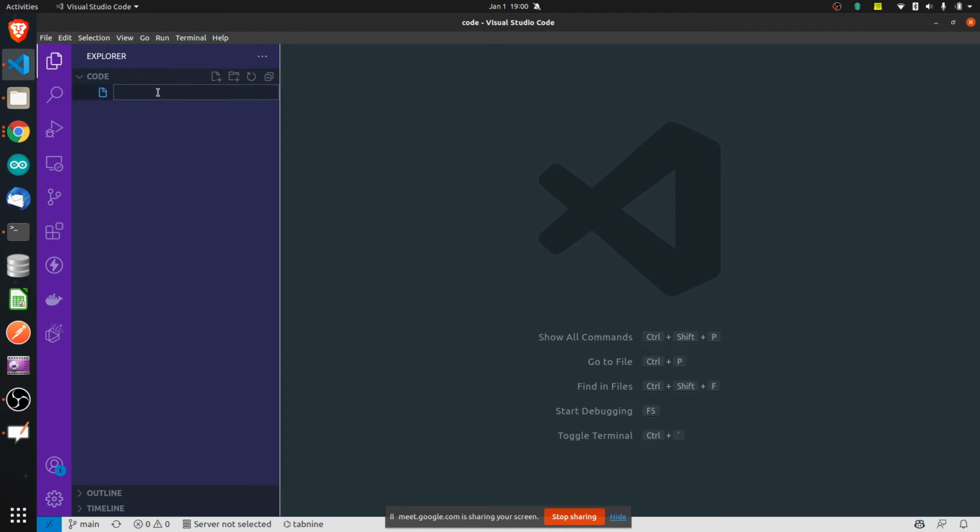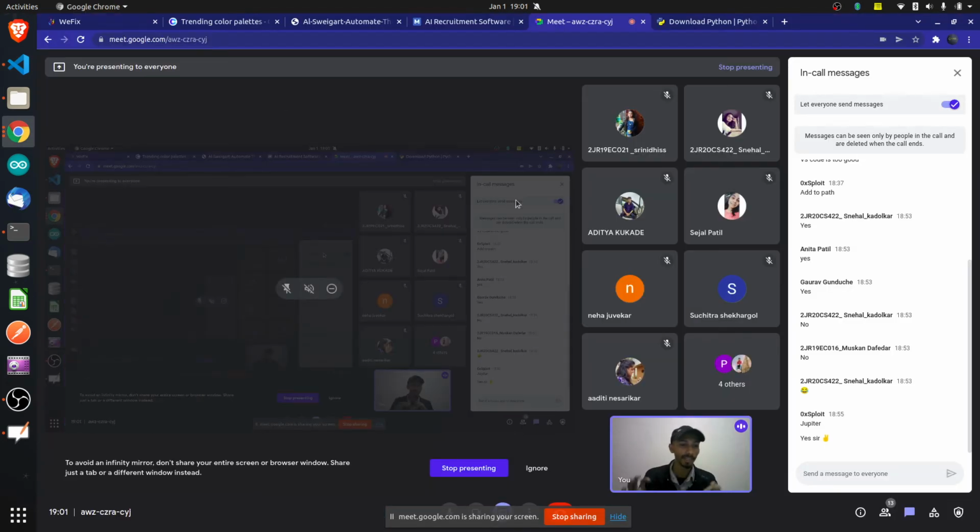So let's create a new file. I'll click on this, and now I can give a name to that file. I'll give a random name. You can give any name to that file. Please do remember that you shouldn't give spaces between file names. We are all techies, technology people, so let's do it in a systematic way. You will face other problems if you do that. If you don't want to give spaces, you can use underscores, or use capital letters, but don't give spaces in between while creating any files.